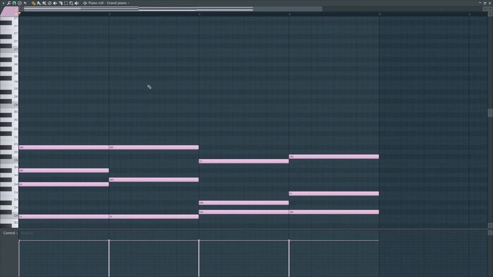But anyway, I want to add a top melody to this progression. So just something simple like